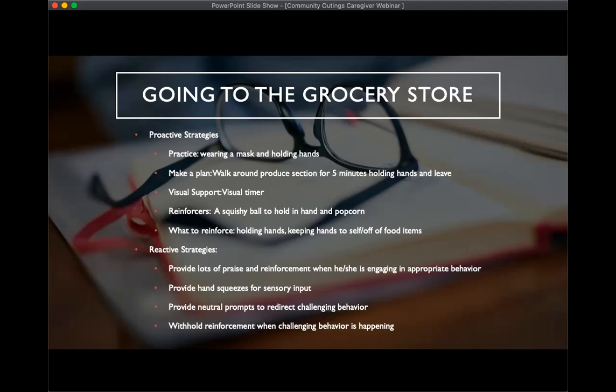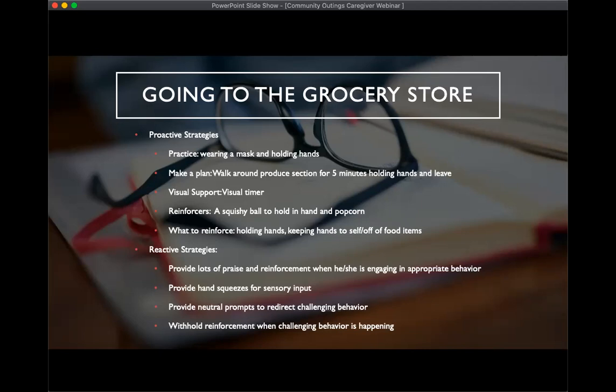And then reinforcers, I'm going to use a squishy ball for them to hold in their hand as we walk. And then I'm also going to give them popcorn throughout as they're holding my hand and walking. And then I'm going to reinforce holding hands, keeping hands to self, and off of food items.